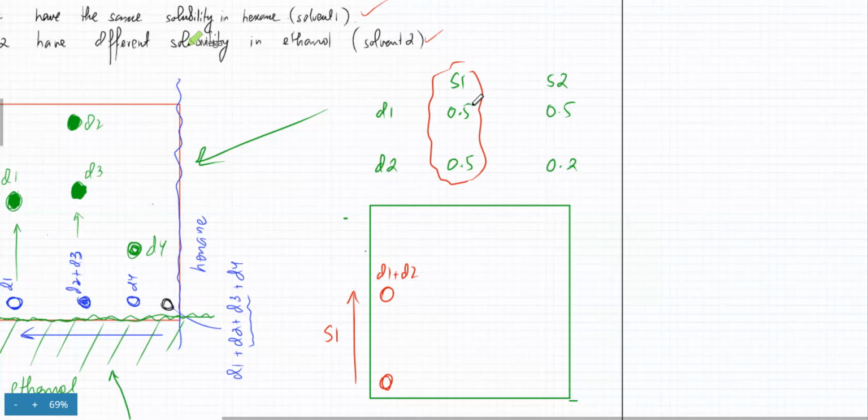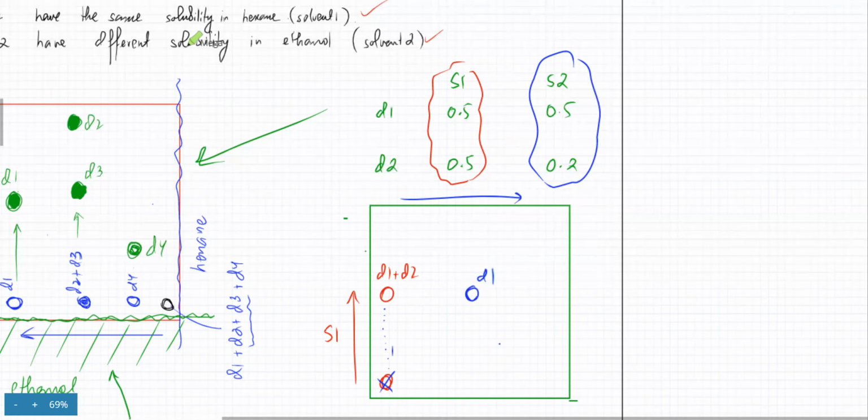Therefore, you're going to use solvent number 2. Okay, you're going to use solvent number 2. Now solvent number 2 would travel in this other direction. Okay, you're dipping the other side into this. So this is gone now. मतलब वो पहले ही ऊपर travel कर चुका है, ठीक है? मतलब this traveled upward in solvent number 1. Now the dyes are going to travel in the other direction, and dye 1 has an RF value of 0.5, so it would be somewhere over here. That's dye 1. And dye 2 would have an RF value of 0.2, which means it would be somewhere at the beginning.